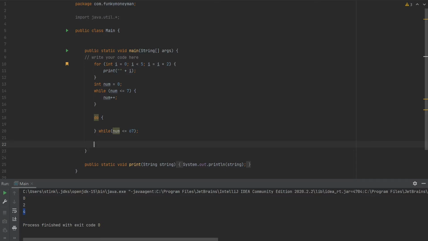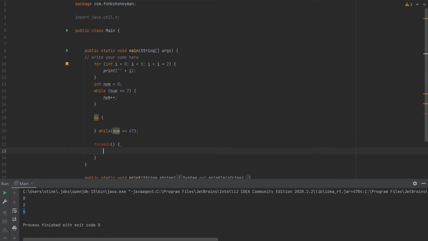And then the last one is a for each loop. And basically the way this works,